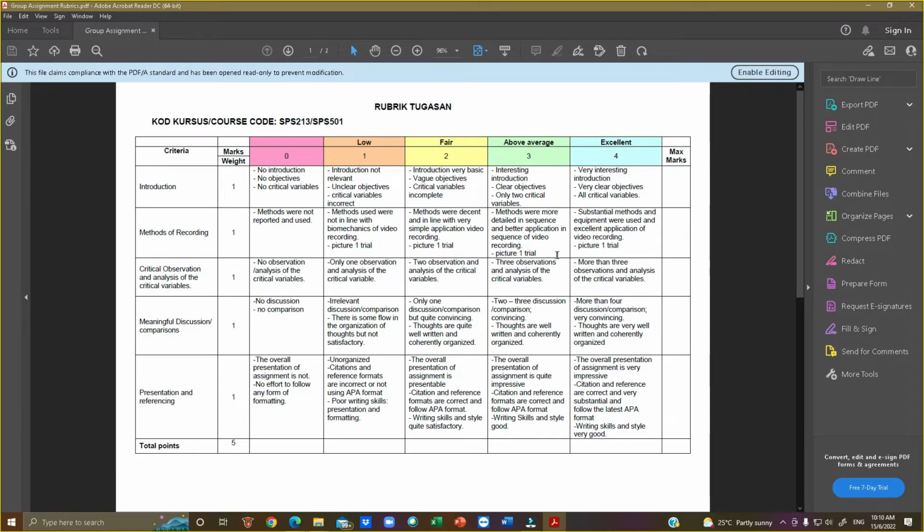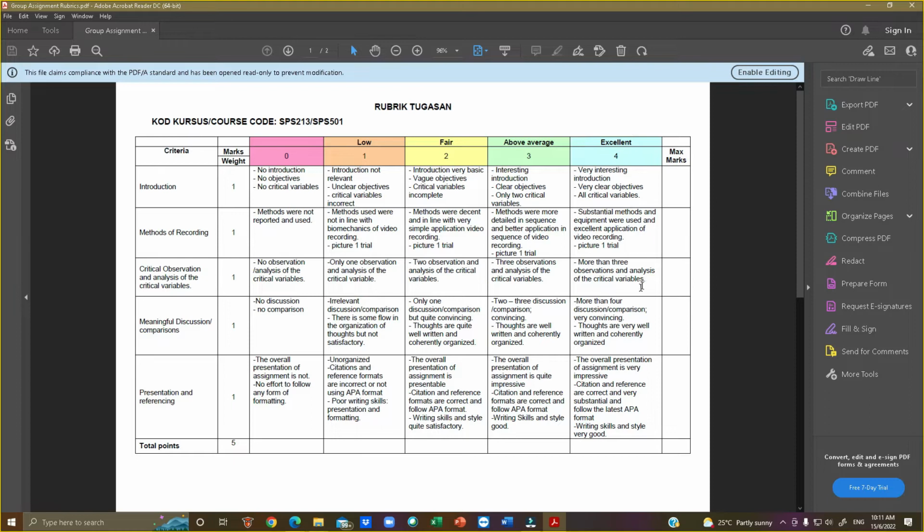In order to get full marks, you need to observe and analyze at least more than 3, 4 onwards. Okay, what does observation mean here? If, let's say, we analyze a case of curveball, you are going to analyze angle, velocity, impulse. All that is only 3. You need to analyze momentum as the 4th. So for more than 3 observations and analysis of the critical variables, I'm going to give you 4 full marks